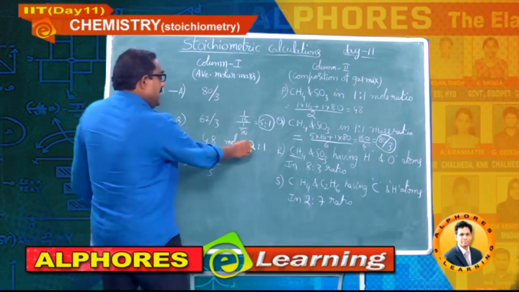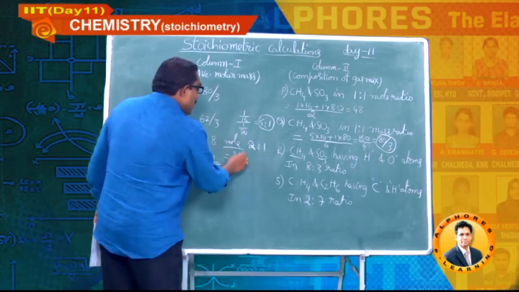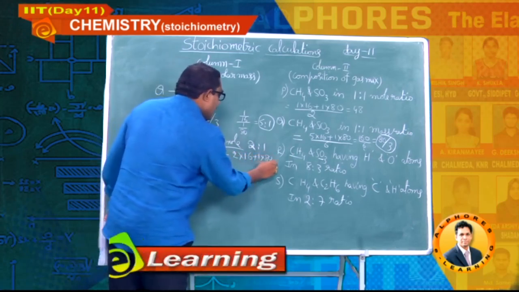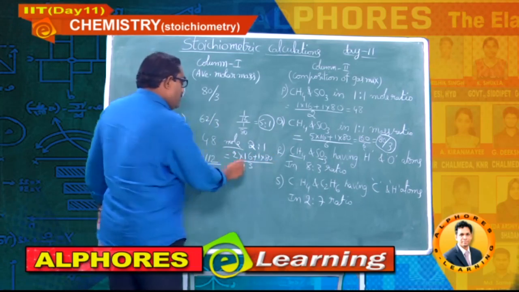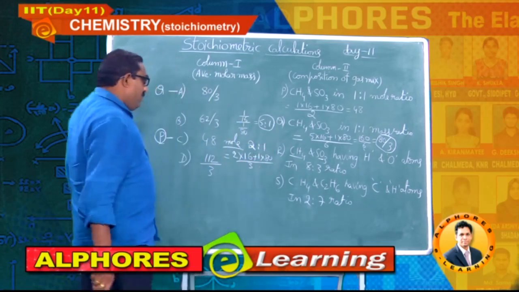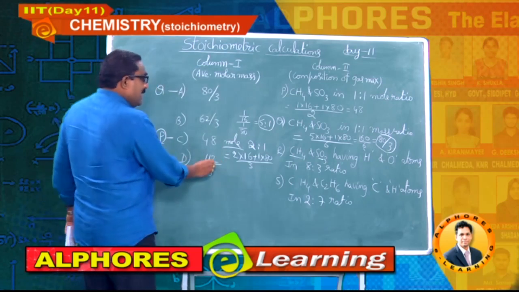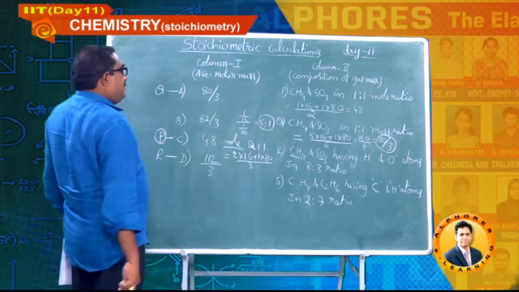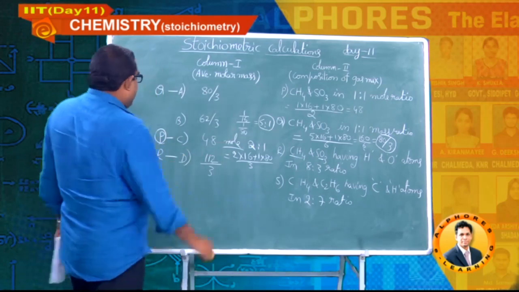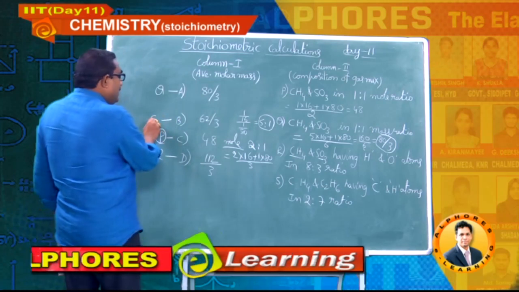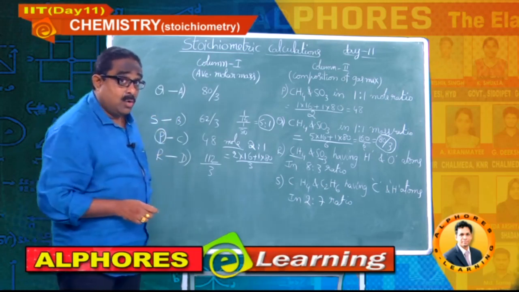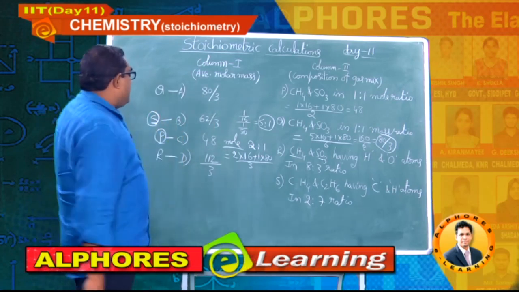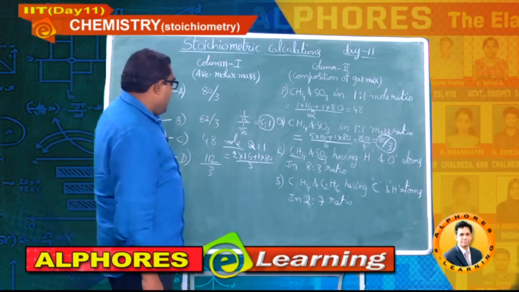Now, I am going to calculate average molar mass. 2 into 16, note down students, plus 1 into 80 divided by 3. 2 16s are 32 plus 80, 112, 112 by 3. So, exactly R is matched with D. So, the remaining thing is very easy. It is matched with S provided it is a one-to-one match. So, let me check whether S is matched with B or not.